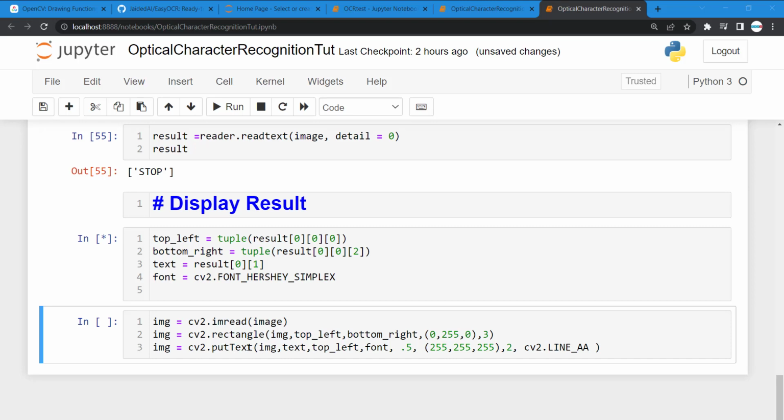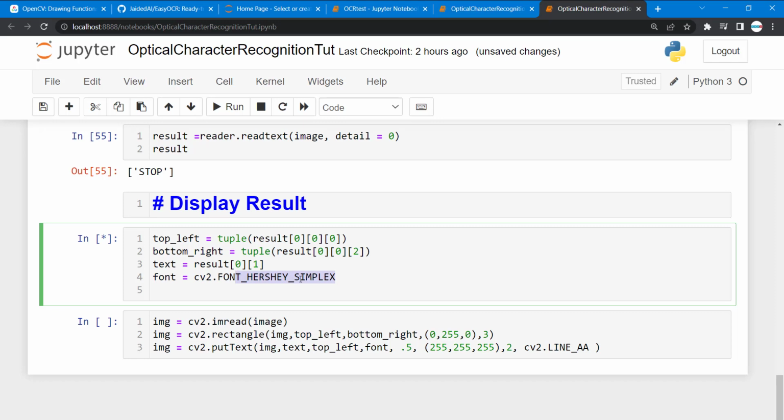So this is our text, and then our image, which is this, and then the text, which is this. This is going to be our stop in our case. And then the top left is going to be the position of where we want the overlaid text to be. The fonts, as we specified here, the HG simplex, and then the font